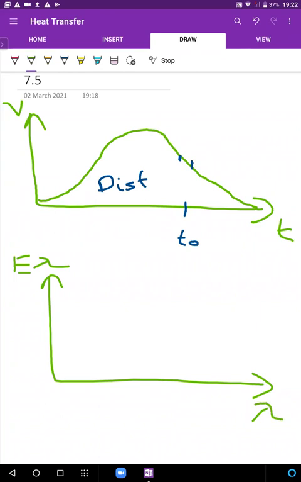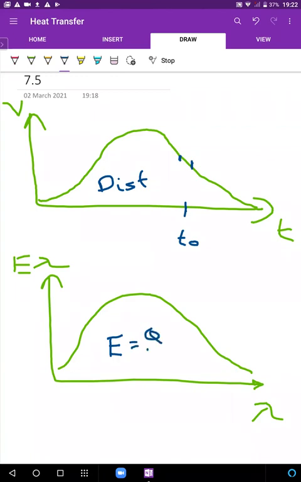I'll repeat that. So in the sense that, suppose the spectral emissive power graph looks like this, and we are trying to understand this term which is on the y-axis. We're trying to understand what this term means. So first and foremost, what you can say is the area under this graph is going to be total emissive power. What is total emissive power? Total heat emitted per unit area per unit time.